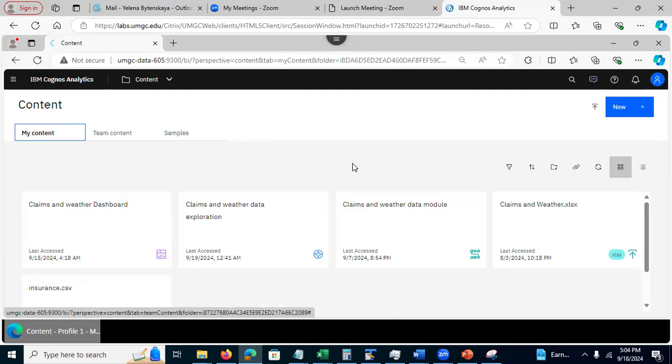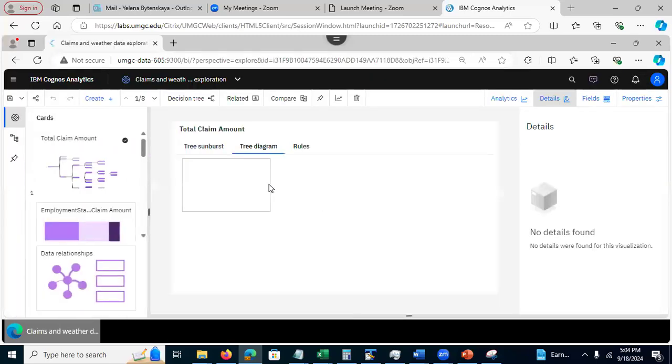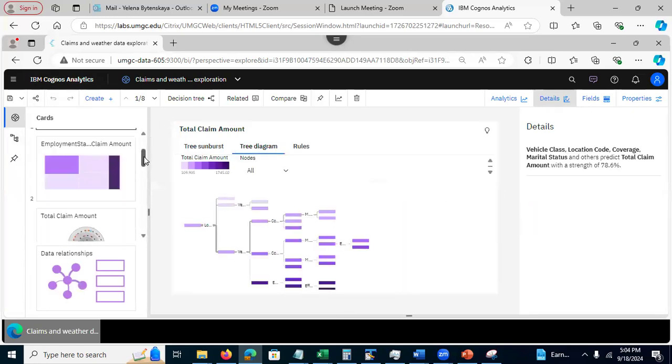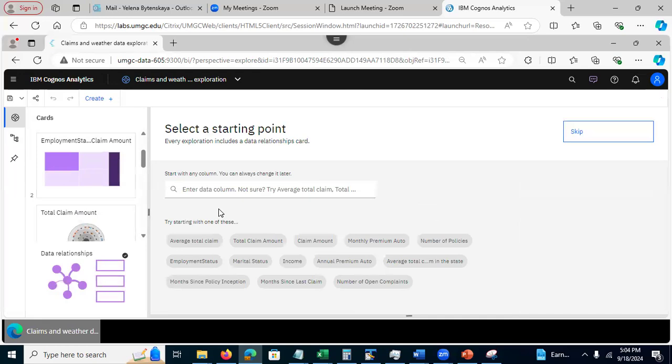So here is our claims and weather data exploration. Let's open it, right? And when you open it, do you remember that when you first open it, you are faced with this thing here, right? And it lets you select the starting point, right? And I selected total claim amount. It gave us a relationship diagram, yada, yada, right? Then